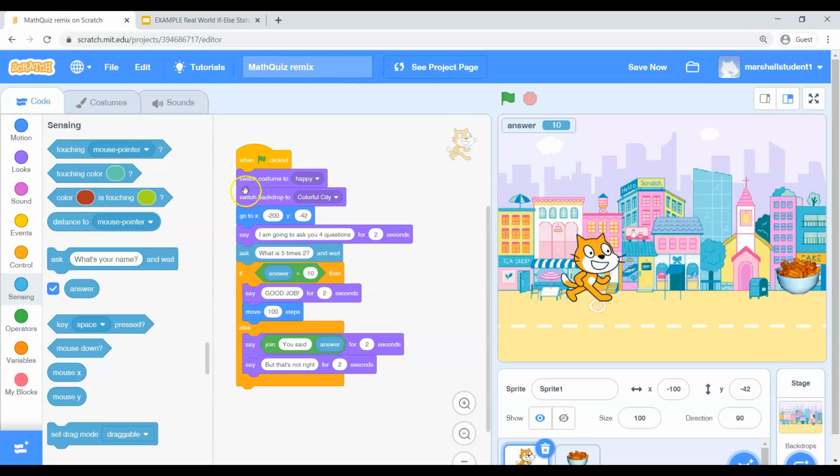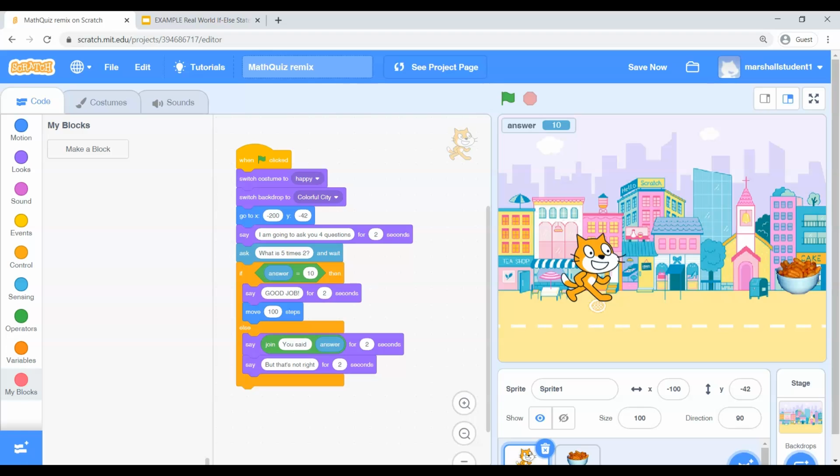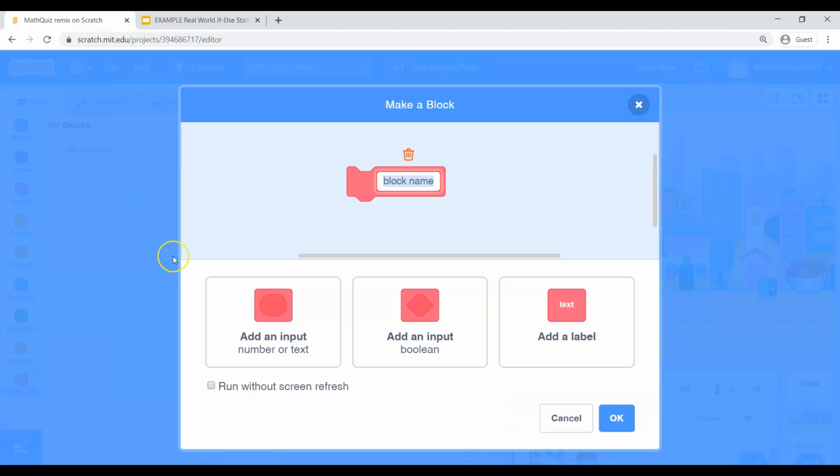So all these blocks, like switch costume, say, ask, they're all blocks that already existed in Scratch, but we can actually make our own. So take a look at this. Come with me over to the My Blocks at the very bottom. Looks like pink bubblegum. And then there is a button to make your own block. And when you press that, you get this crazy pop-up. Now here we go. We can name this block anything we want. Let's name it